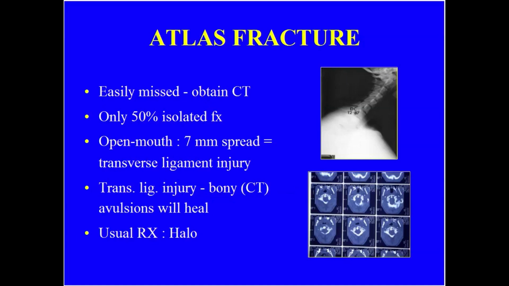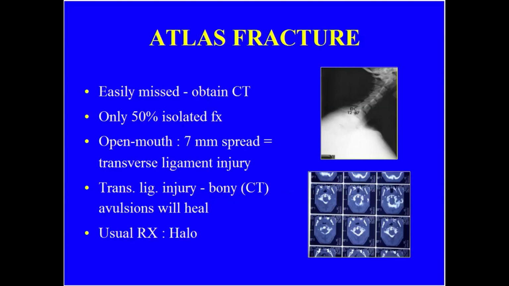Atlas fractures, or fractures of the ring of C1, are probably the most commonly missed injuries. And when in doubt, a CT scan is really the test of choice. Only 50% of C1 ring fractures are going to be isolated. Any time that you see a C1 ring fracture, you need to be aware that you need to look at the lower cervical spine and down into the thoracic spine, because they're associated either contiguous or non-contiguous, most commonly contiguous,